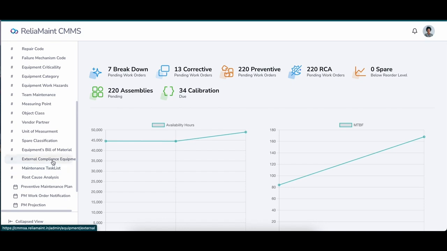External compliance equipment: we are facilitating creation of equipment which needs to be compliant to external parties, maybe pollution control devices or the like. Those equipments are also listed separately. We can create maintenance task lists.